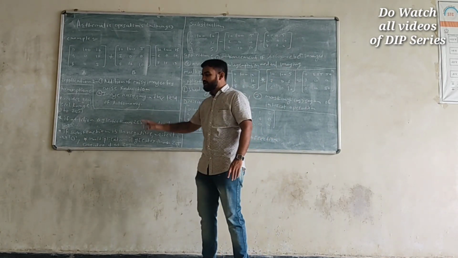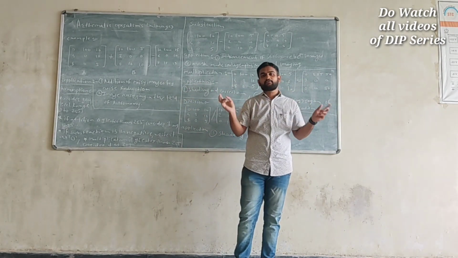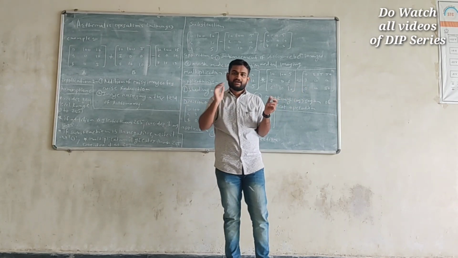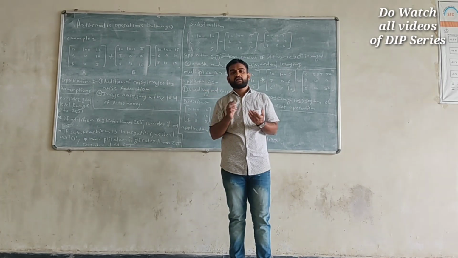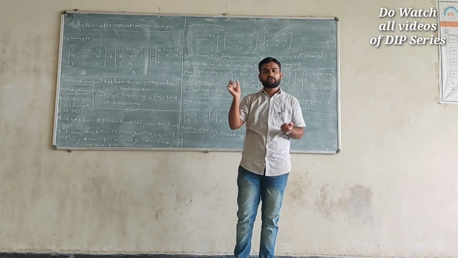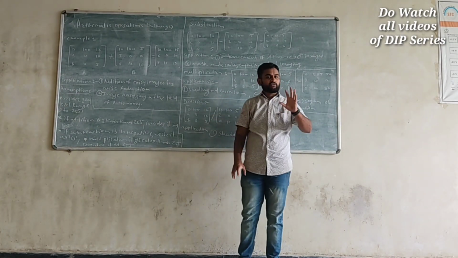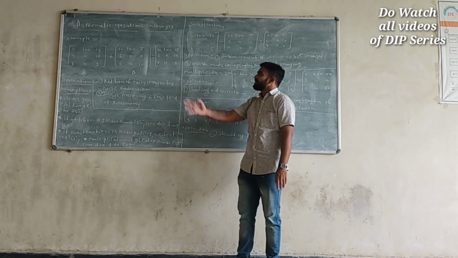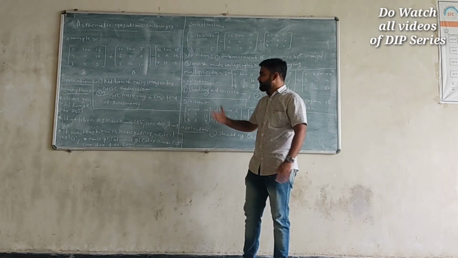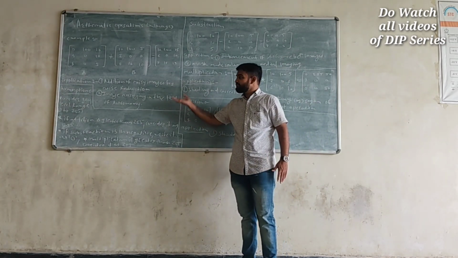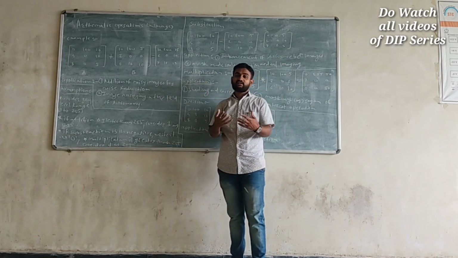Then we have multiplication. Consider the range between 0 to 255, and the multiplication of two pixels from two different images is greater than 255. Then ultimately you have to write the result as 255, that is, consider 255 as the multiplication of those two pixels. So these are a few assumptions used for doing arithmetic operations on an image. There are multiple applications of these arithmetic operations on images, and we are going to see how we use them for further processing of images.